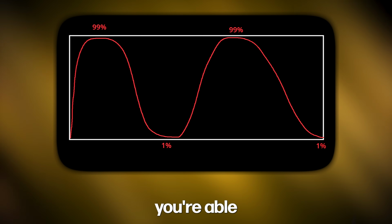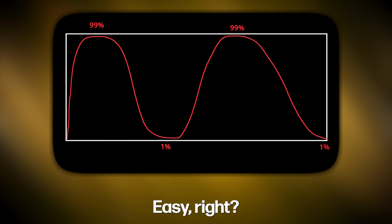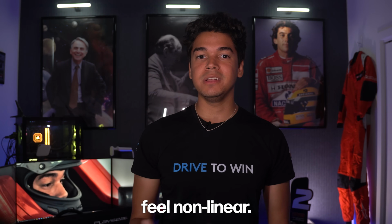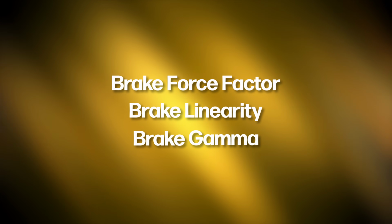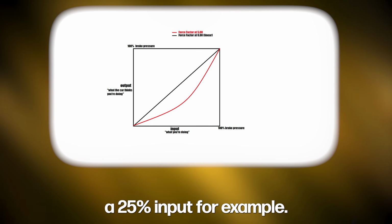You have to make sure you're able to travel between 1% and 99% brake pressure without reaching the extremes. Easy, right? But what's the problem? Settings. When coaching, I find a lot of students with the wrong brake settings, which makes the pedal feel non-linear. This includes brake force factor, brake linearity, or brake gamma, depending on the simulator or game. Having the pedal not properly set makes you think you're braking 50%, but the car is actually receiving a 25%